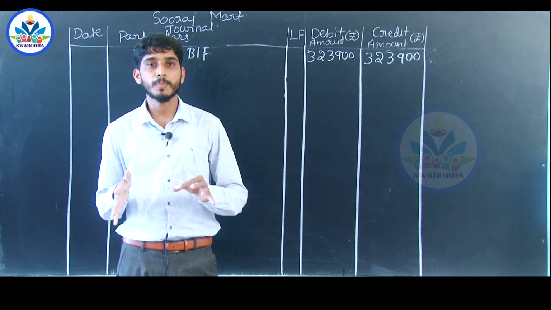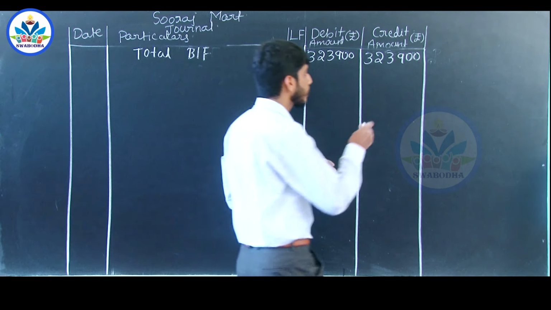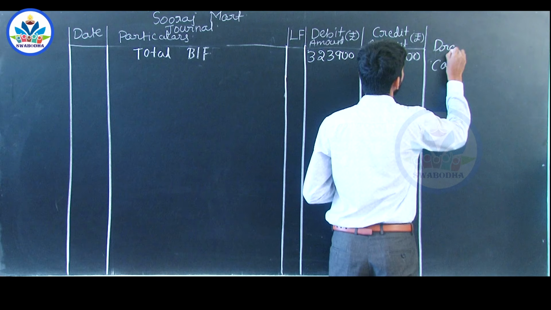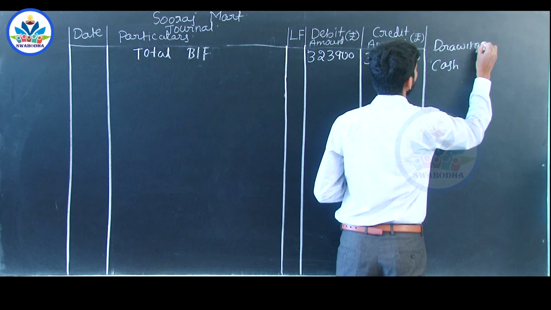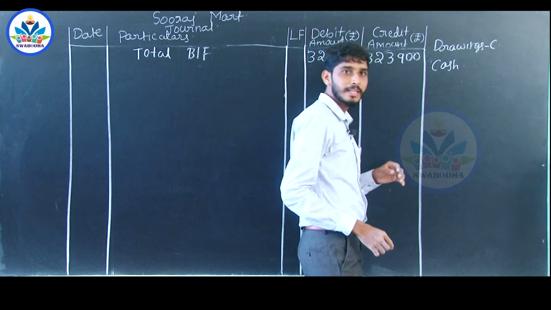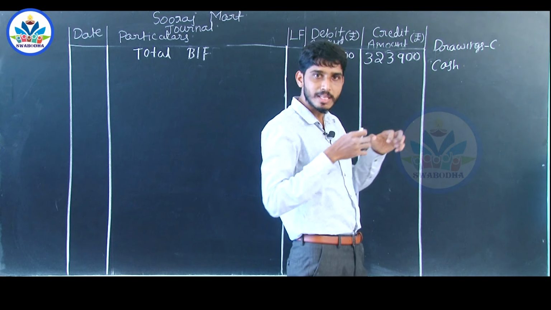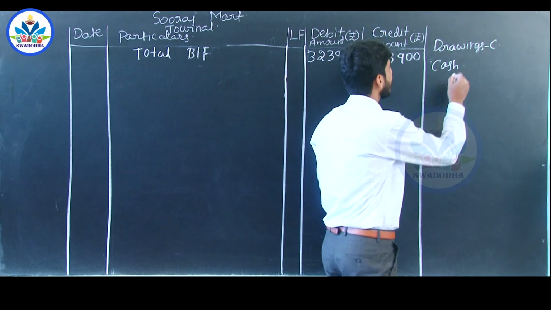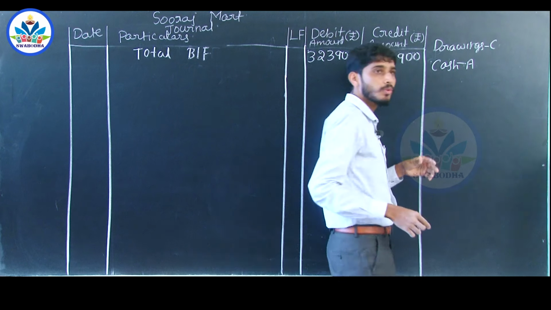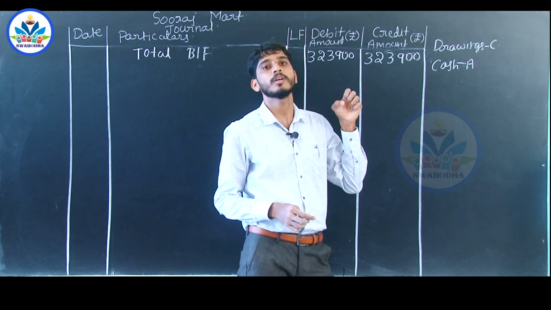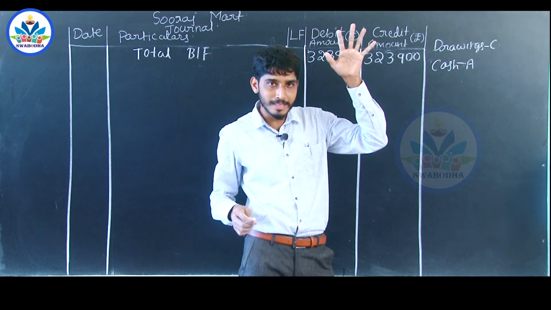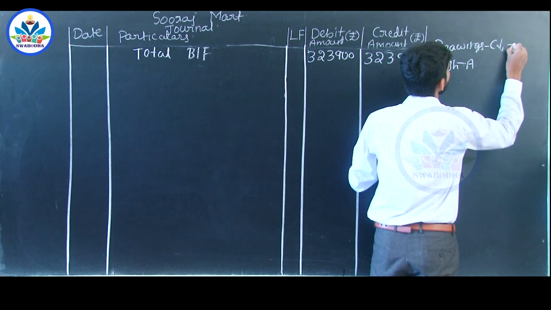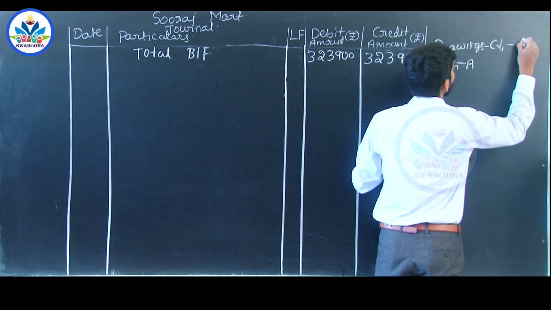So, in this particular transaction, two accounts involved are cash and drawings. Drawings is a part of capital. That means, from the capital invested, you are taking back some amount for your personal use. Therefore, it is a part of capital and cash is an asset. Whenever you are withdrawing something from your capital, the capital balance decreases. So, the decrease in the capital is debited.